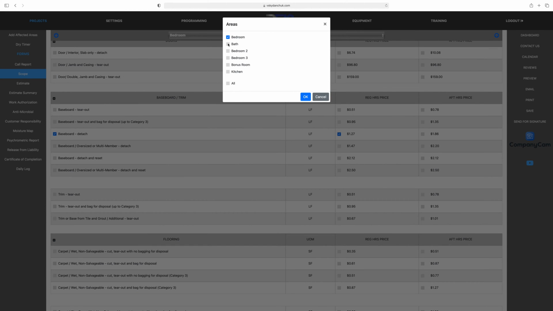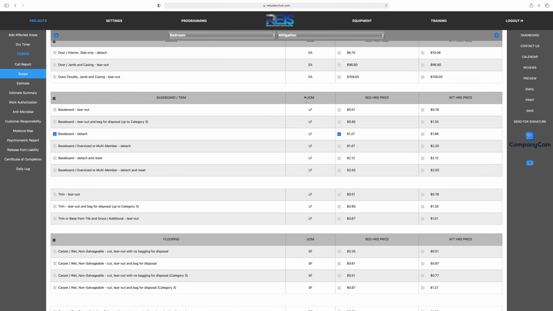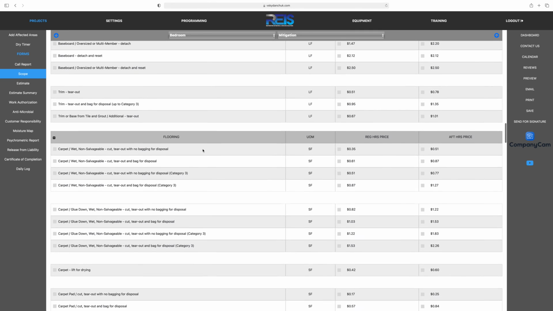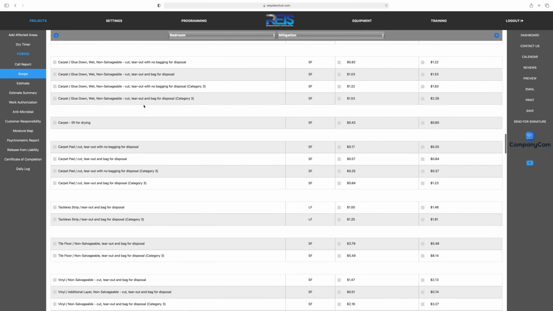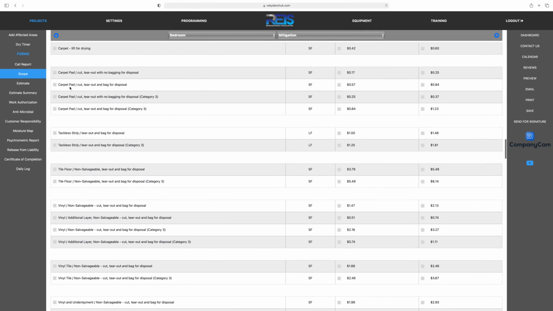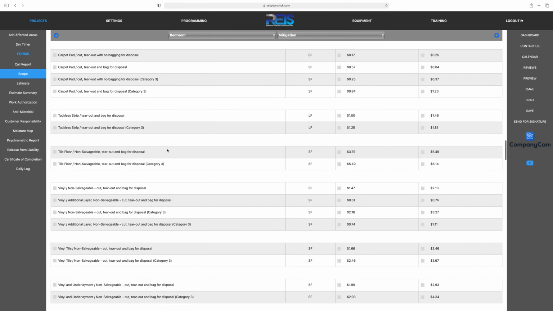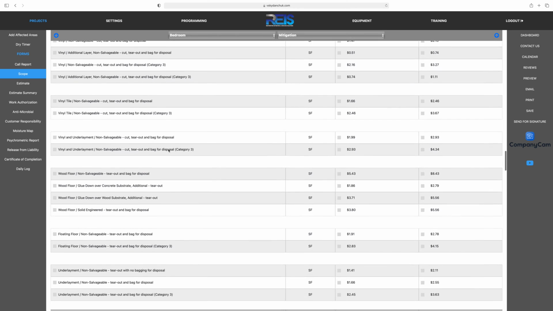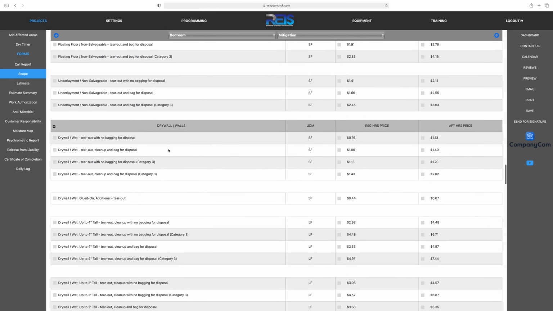And in the bedroom, not in the bathroom, bedroom 2, 3, bonus room, not in the kitchen. So I'm going to click OK. That has just been populated. Flooring, if there was anything in flooring, I would click on there. If there was anything in carpet, padding, I would click on any of these choices. But for this demonstration, I'm just going to go through it, and you're going to see how fast and easy